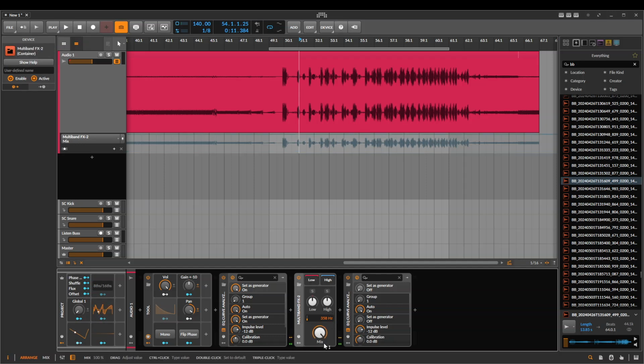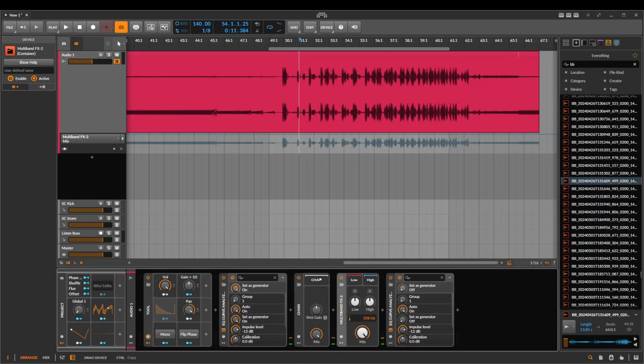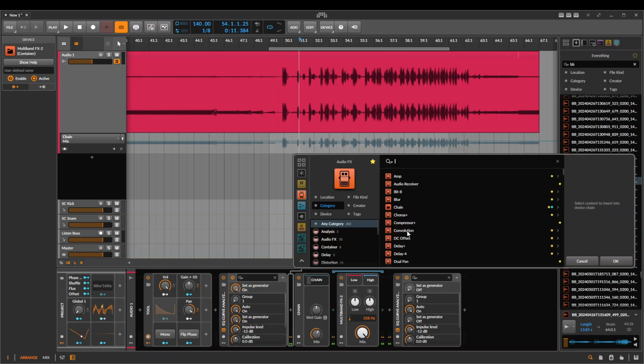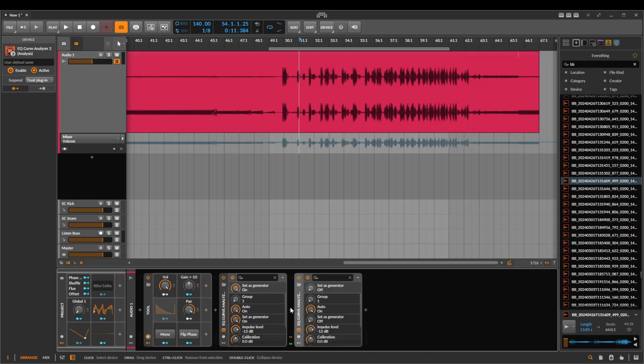I can demonstrate this by putting this into a chain and using the chain's mix knob instead. Because now what you're going to see is that, first of all, the phase cancellation gets less. And second of all, because the phase is flipped here, we get a dip in the frequency spectrum. And to avoid this kind of green notch filter here that I can just demo for you with some white noise in a second, this mix knob acts as a per band mix knob. The same is true for the